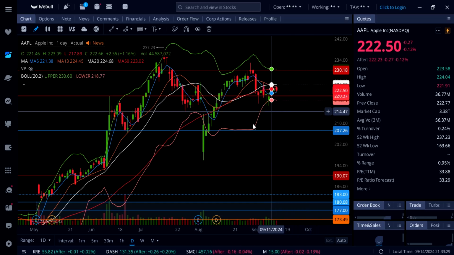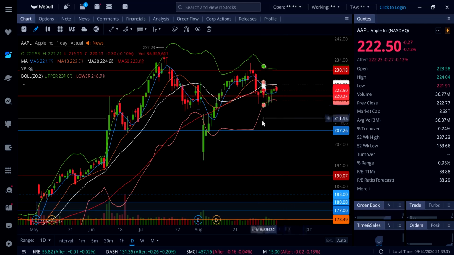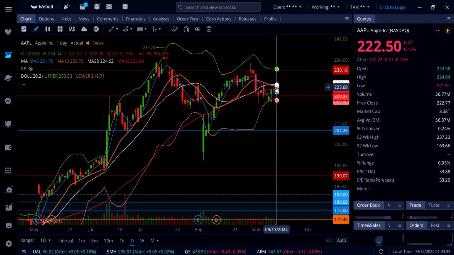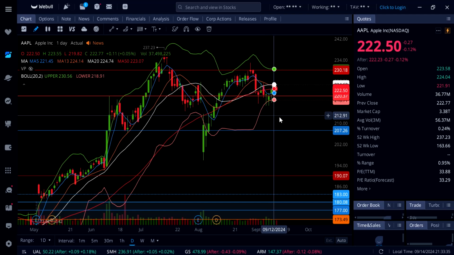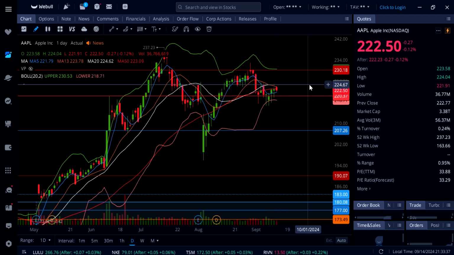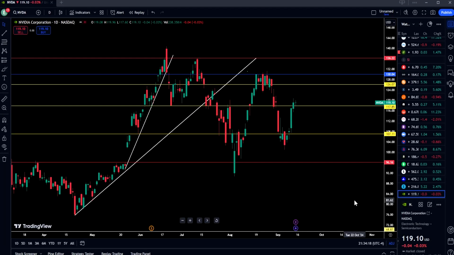But as of right now, it's just consolidating. So watch out, this thing might break out over 225. And if that happens next week, you will see 230 on Apple stock. Now Nvidia stock is absolutely flat on Friday, and you can see Nvidia just ping-ponging and pretty much staying inside this previous day candle, which was on Thursday, and not really doing much. But again, holding